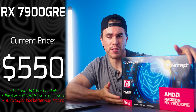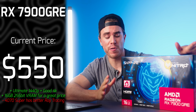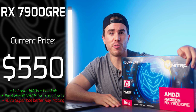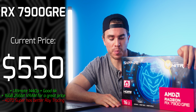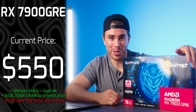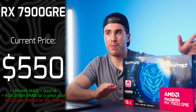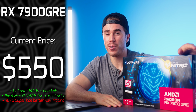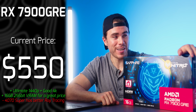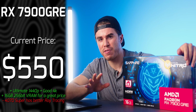But for some reason, if you happen to be in this price bracket and you don't care about ray tracing, look no further than the 7900 GRE. This is going to offer very excellent hardware for this price. It comes with a little bit more VRAM over the 4070 Super. And if you just want raw frame rate, yeah, this is the one you want to get. And like I said previously, if there's a 7800 XT for $500 or above, don't get it. Get this, because it's definitely the faster card, even if it costs about $50 more